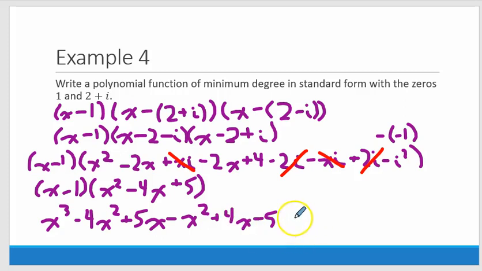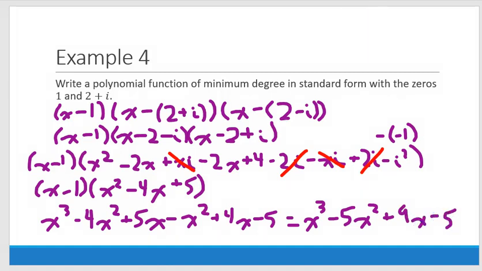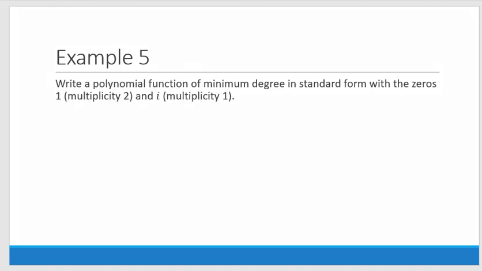Some of those should be like terms again. So there's a lot of multiplying and adding to do on these. It is a rather tedious process when you have these imaginary numbers, but it's not that the operations are very difficult on their own. So I did negative 4x squared and negative x squared. Now I have 5x plus 4x. And then there's a negative 5 at the end. So that's the polynomial that, if we broke it down, would have the zeros of 1, 2 plus i, and 2 minus i. I wanted to do one last example with the imaginary numbers, and I wanted to show you